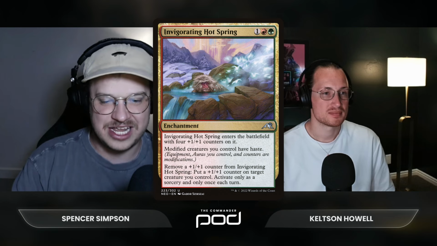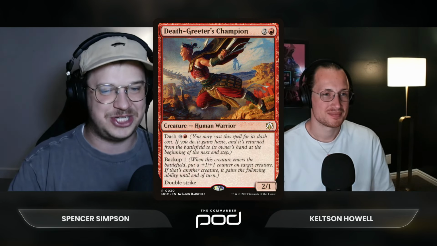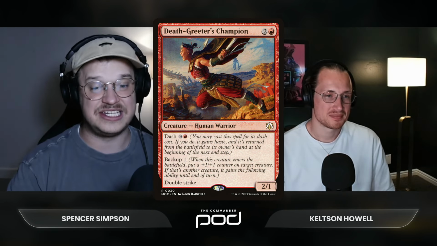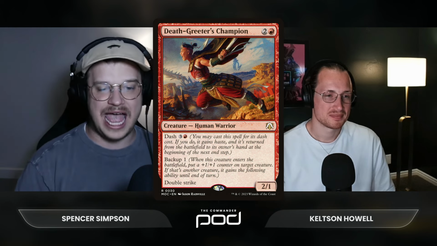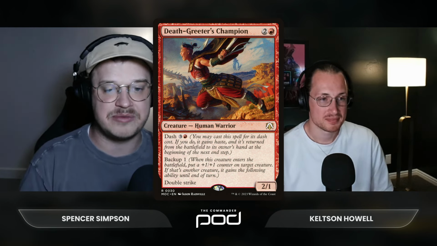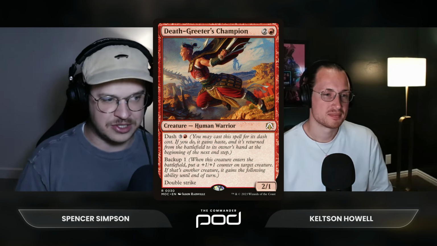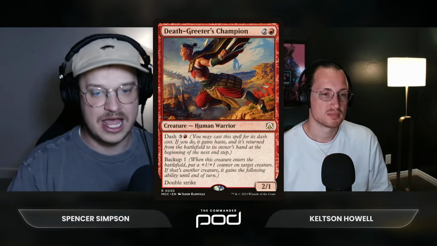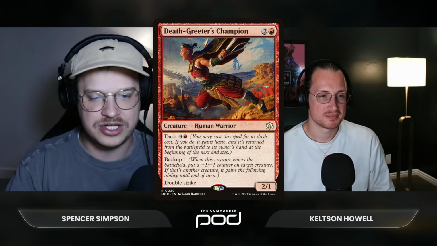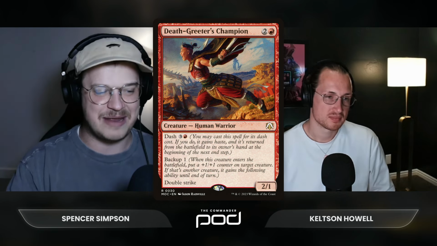The next one here is, again, another one of my favorites. Such a cool card. It is Death Greeter's Champion. Death Greeter's Champion is two and a red for a 2/1. It has dash for three and a red. So dash is that you can cast it for its dash cost, and if you do, it gains haste, and then you return it from the battlefield to its owner's hand at the beginning of the next end step. It has backup 1. So for those who don't remember or have never heard of it, backup 1 says whenever this creature enters the battlefield, put a +1/+1 counter on target creature. If it's another creature, it gains the following ability till end of turn, and that ability is